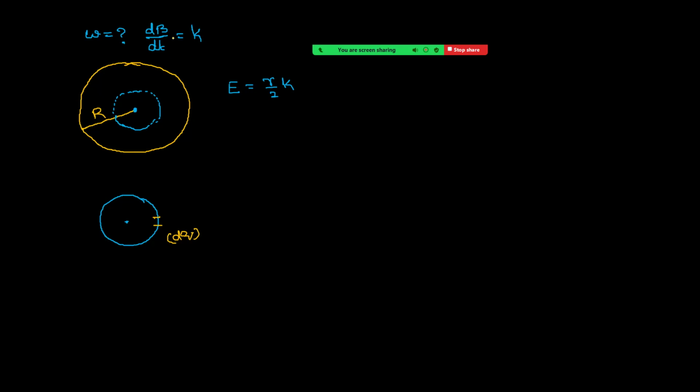Suppose the field is now increasing. I am assuming that the field is now into the board. When the field is increasing and it is into the board, the flux through this loop is increasing. Because of the increasing flux, an electric current now flows in the wire. The direction of the induced current is such that the magnetic field due to the induced current opposes the flux.